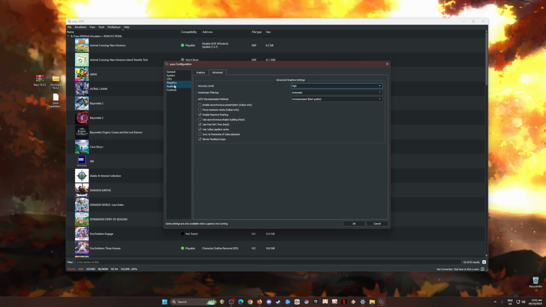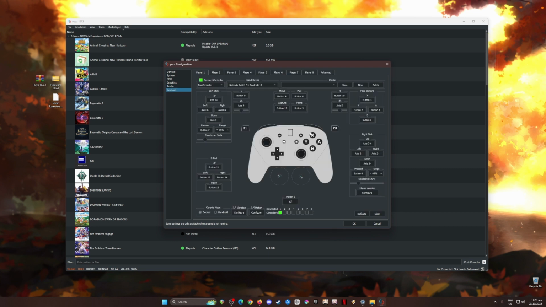Now I'm going to move to Audio. And as you can see, the settings are simple, so be sure to copy that. Now I'm going to go to Controls. I have connected my Nintendo Switch